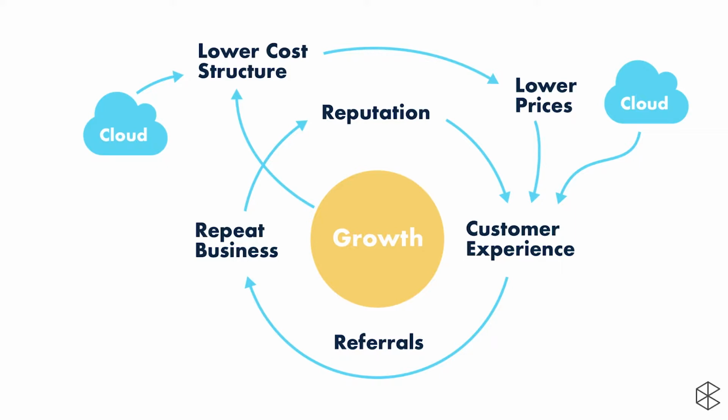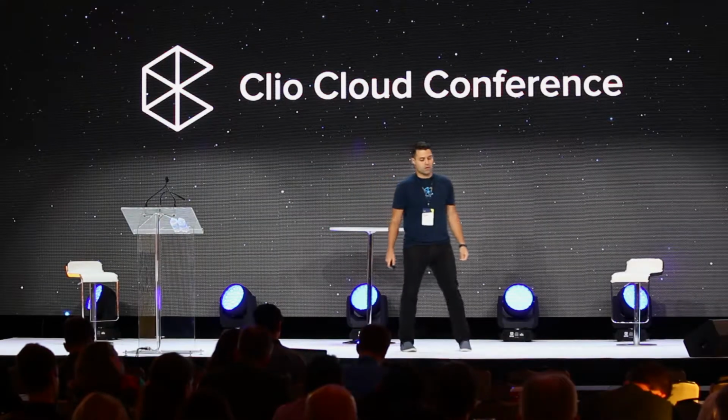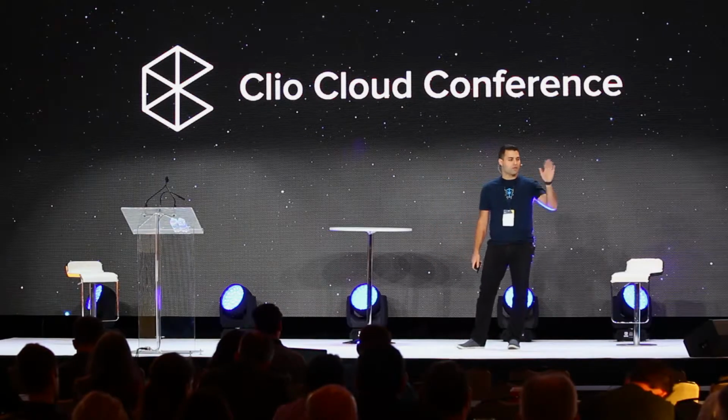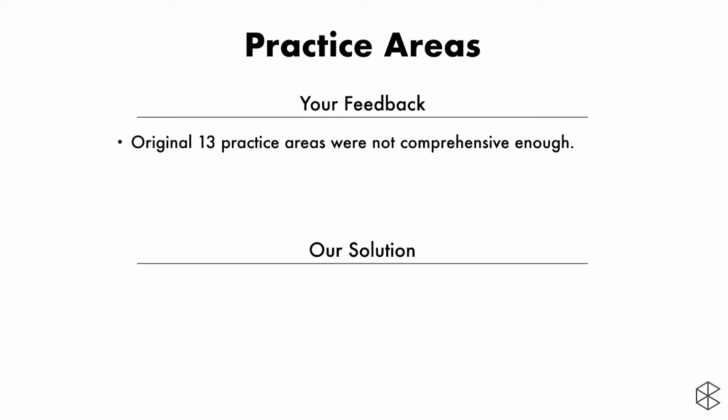Our next section is addressing everyone's feedback from the 2016 version of the Legal Trends report. We got great feedback and dialogue from just about everybody who read the report, I think. But I wanted to summarize a few key areas that were important and new as part of the report this year. So the first is, in the first version of the report, we published the original 13 practice areas in Clio. So if you set up a matter, there's a default pick list, and those 13 defaults are in there. And the feedback we got from folks was that wasn't expansive enough.